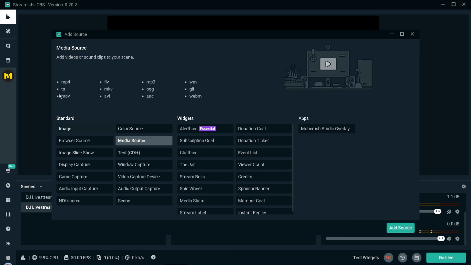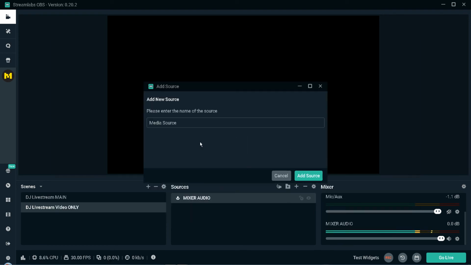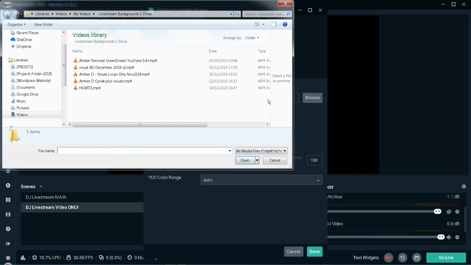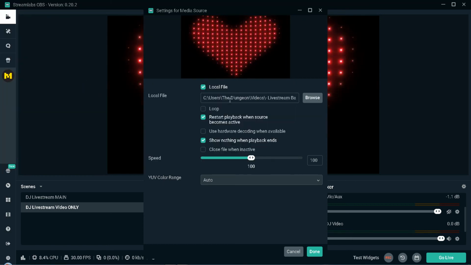So you go to media source, and I find that an MP4 seems to work best on a PC, and if you're on a Mac it's most probably going to be best to use a .mov file. So there you go, add source. I'm going to call this DJ video, add source here, and then I'm going to find it. I've kept it on my C drive because that seems to help the CPU. I'm just going to choose a small one here,